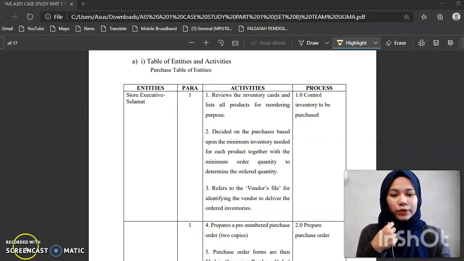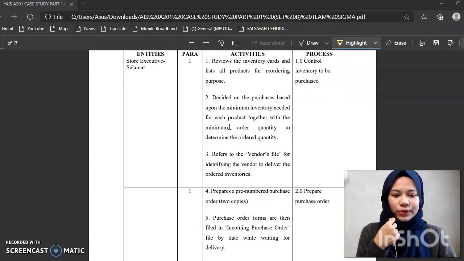So today I will present the table of entities and activities. The first one is purchase table of entities, and the entity is the store executive, which is Encik Selamat. The activities are reviews the inventory card and list all product for reordering purpose, decide on the purchase list, open